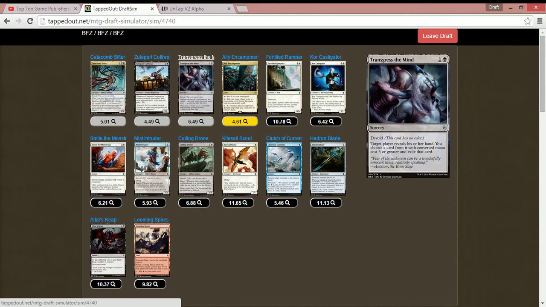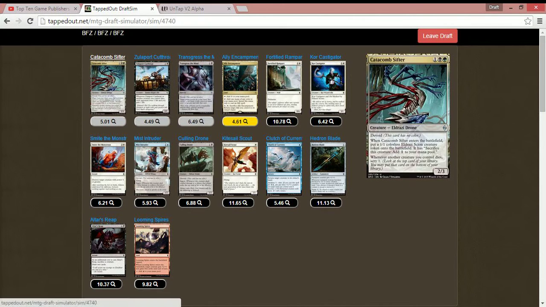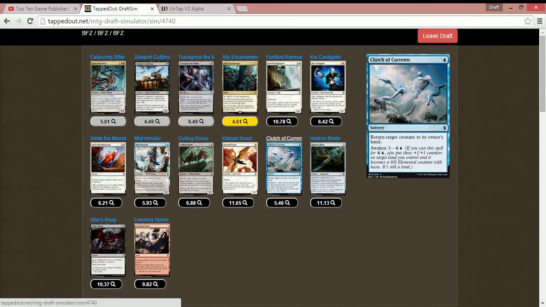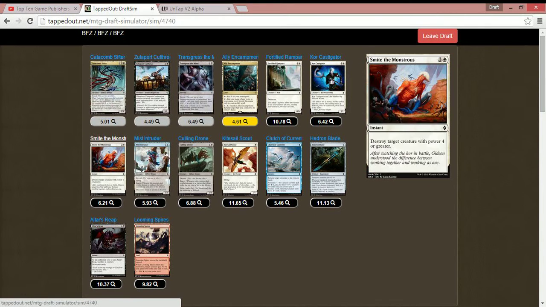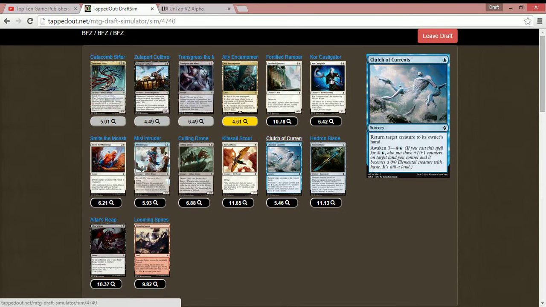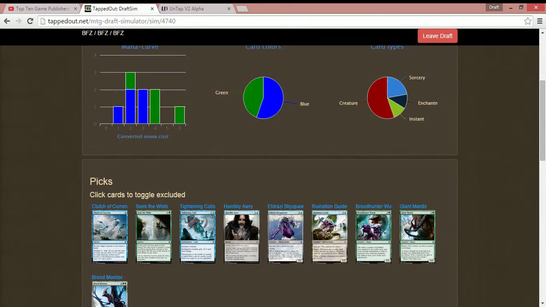There's a Mist Intruder, Transgress the Mind, bad. All of this is terrible, so we're in 3 colors and there's nothing decent. Clutch of Currents is the best card, and I think that's what we'll take. Mist Intruder is fine, Core Castigator is fine, Smite is fine, but Clutch is true to its name, so...